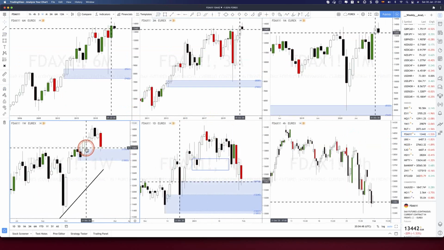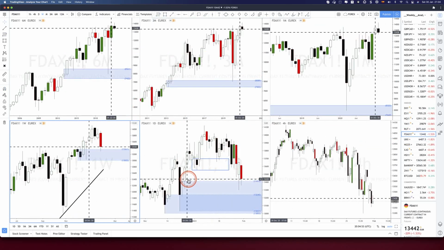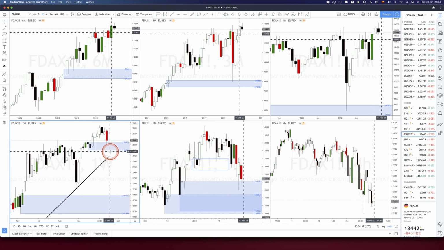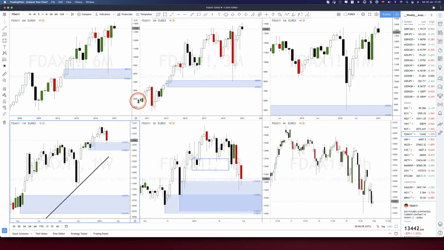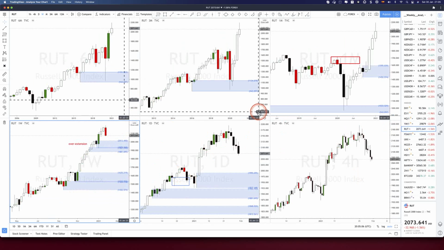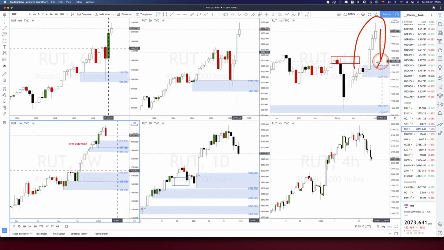Bad area of demand on the DAX, daily area demand was tested, daily out of alignment. This area of demand is being tested, expecting bigger penetration. Long requires new areas of demand. On Russell, overextension. On the weekly, daily, very bad price action. After that strong rally, we need a bigger retracement confirmation for longs.